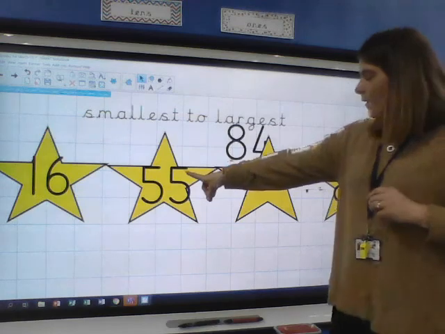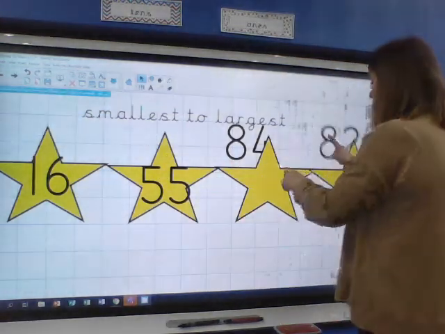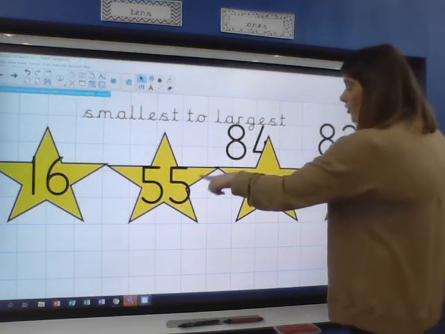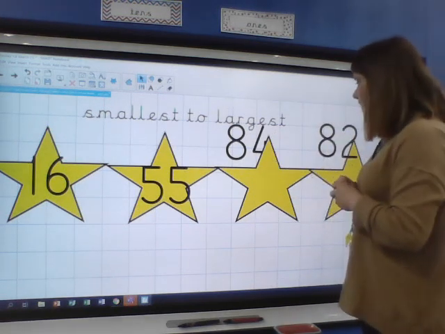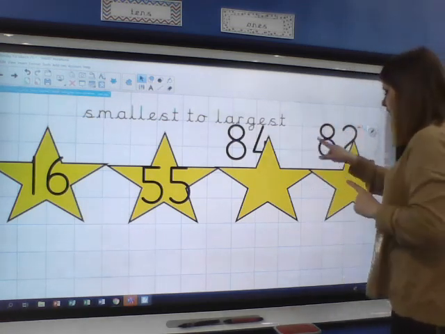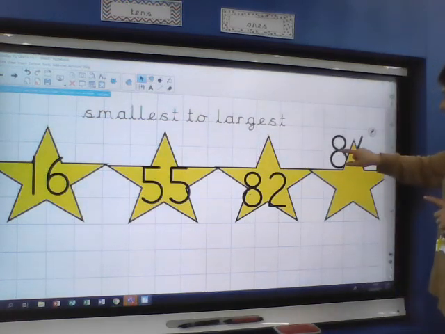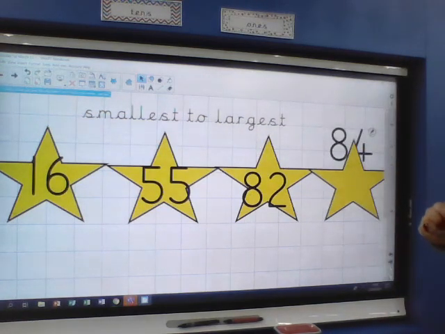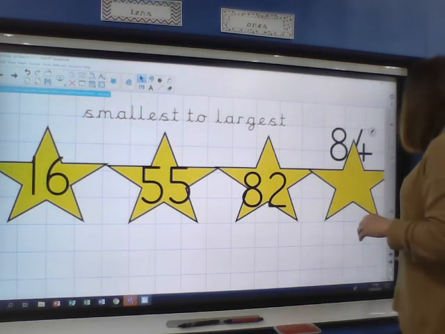So next it should be 55 because 55 has got 5 tens. And both of my 80s numbers have 8 tens, so they are larger. One has got 4 ones though, and one has got 2. And I am going smallest to largest. 2 is smaller than 4, so 82, and my largest number is 84. Did you get that correct? So 16, 55, 82, and 84. Okay, this time,